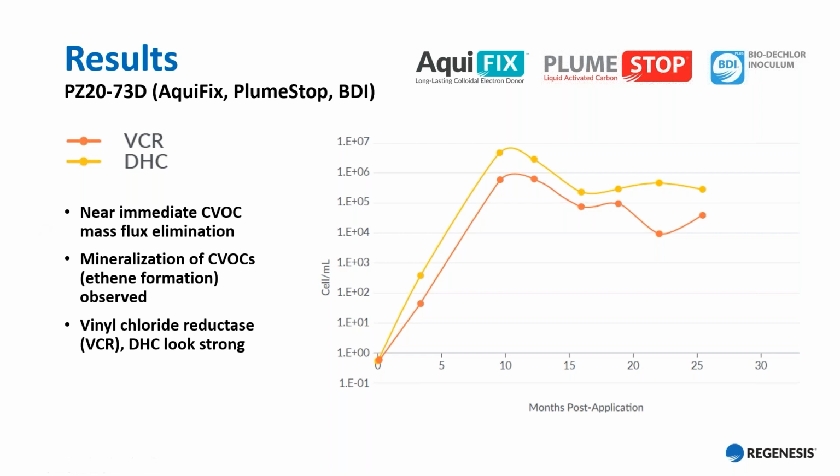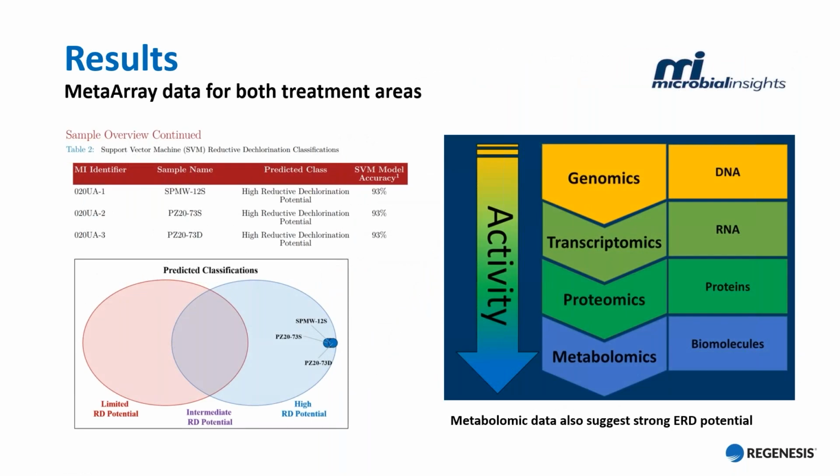And the last bit of data that I'll share before I wrap up with the conclusions is that Microbial Insights is now offering a metabolic, let's call it a meta array, is the name of this new procedure that they're offering. And it's a metabolomics approach that allows you to look well down the ladder of activity in terms of biological processes. You can, using meta array, gather information about the small molecules, the day-to-day molecules, as we like to call them, that these dechlorinators need and make, and are the fingerprints, if you will, of their presence. Are they there? And can you find enough of them to say that you are in a condition that supports